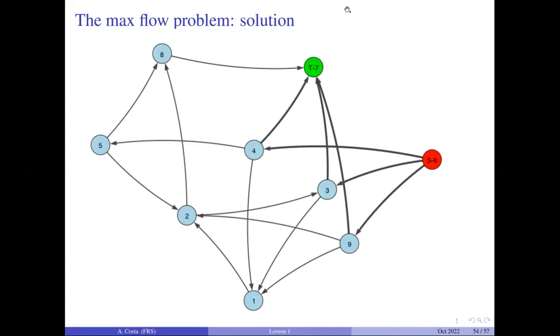Are there any questions so far on this problem? Because this will be the problem that we will be using next lecture as a basic problem. So it's important that it's clear. What is the idea? What is the objective? What are the components of the problem? How does this work? If you have any question, just let me know in the chat. But this is more or less the idea.